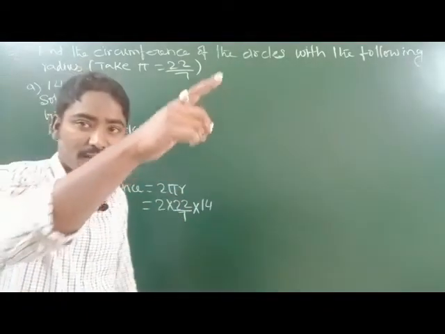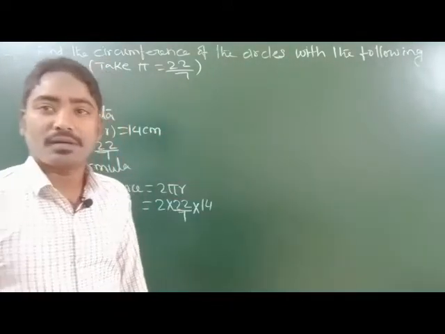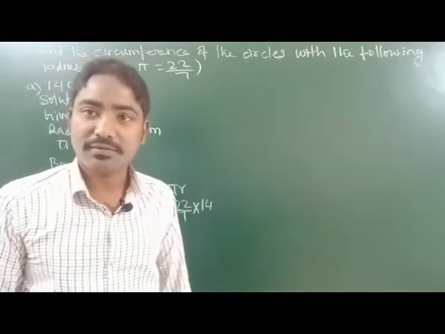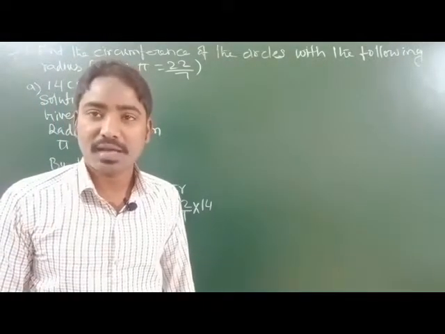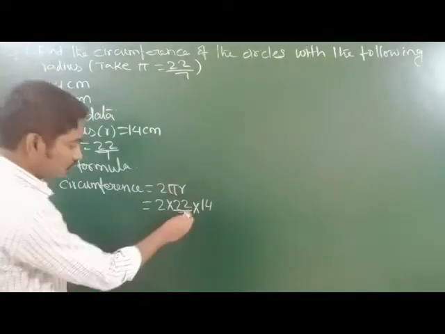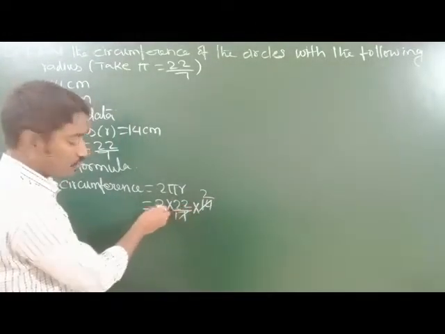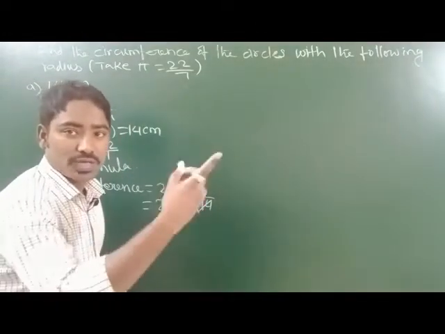Circumference of the circle means only the outer boundary, or you can say in other words, when we were having the polygons, then we were finding out the perimeter, and here in case of circle, we are finding out the circumference. So here 7 1 is 7, 7 2 is 14. Now if you will multiply 22 2 is 44 and 44 2 is